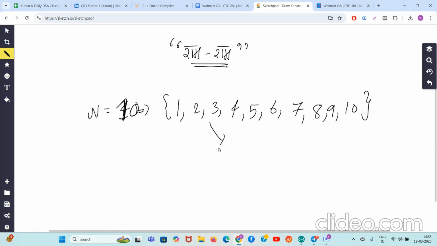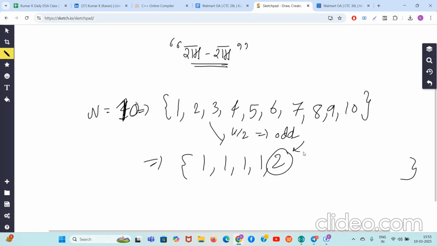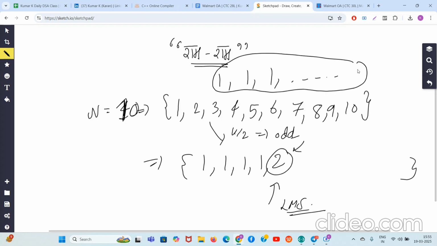you know that half of the numbers, n by 2 numbers, are odd numbers, right? So what I will do is for 5 times I will write 1 like this: 1, 1, 1, 1, 1. Okay. Now my 2 will come and this will become a lexicographical maximum sequence. In the earlier case, what you were doing? You were writing 1 like this 9 times, and in the end, you were writing 10. But this sequence is better than this sequence because here at the 5th position there is 2, and in your earlier cases at the 5th position also 1 was there. So this is a better case.